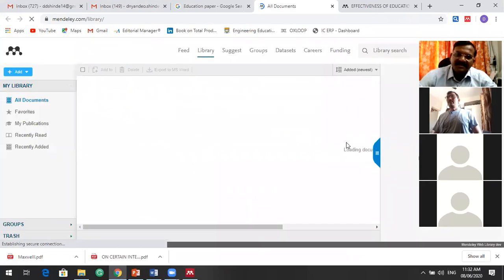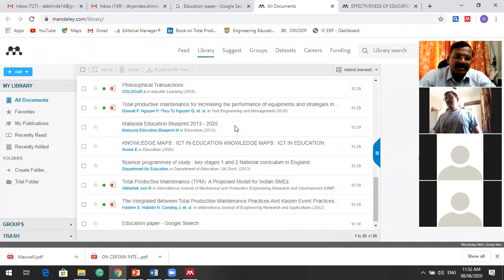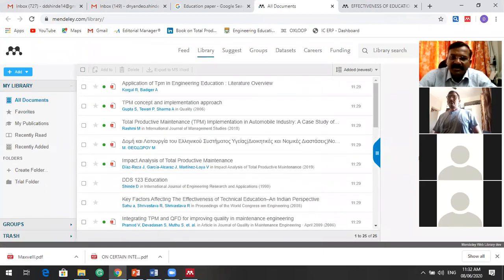So many researchers are putting their papers, even if it is a paid paper, on this particular platform. So at that time, it will be readily available to you. And if it is paid, then you will have to take the same process as for others.